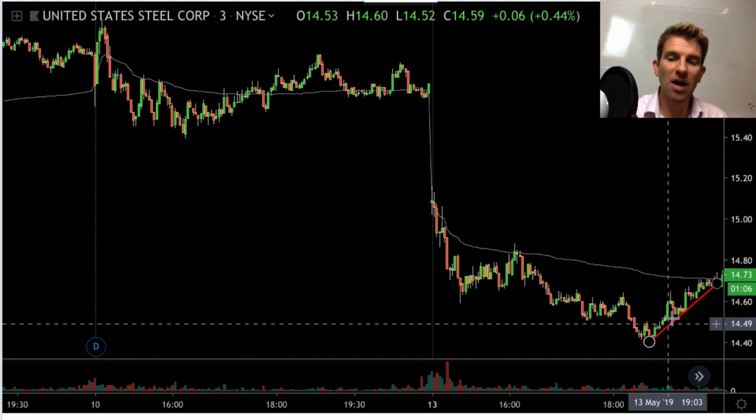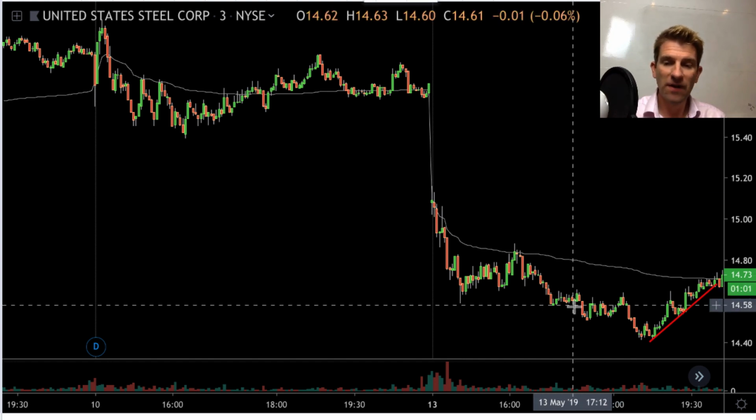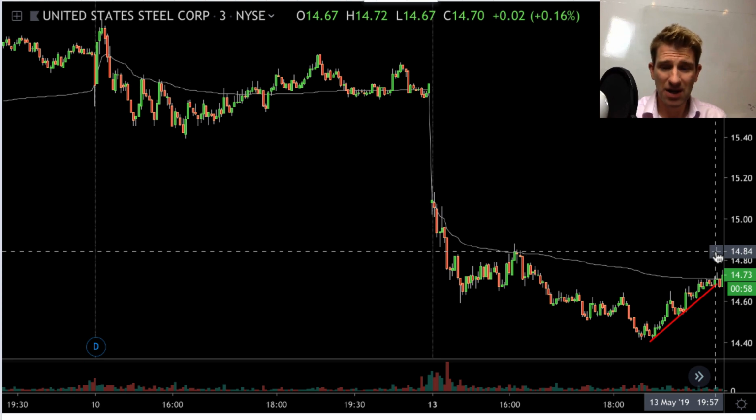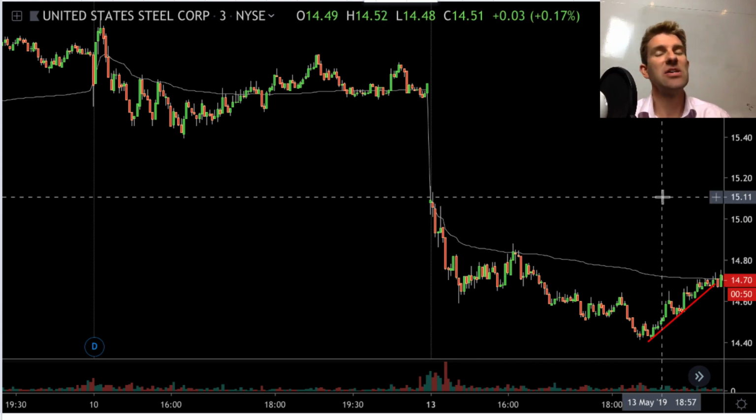Now what I want to look at is this point here. We start to rally up back to the VWAP, and I've drawn a little uptrend line here now. We found some support down here. The time of day was about 6:30. So we're rallying up and it's around 8 o'clock. There's about an hour left of trade, UK time, until the bell goes. The question I have for you is, would you consider that a good short?